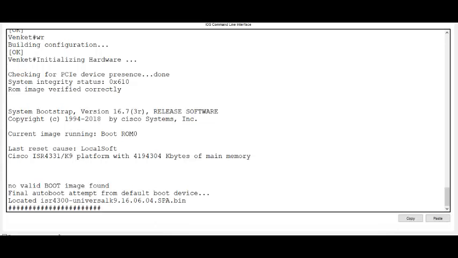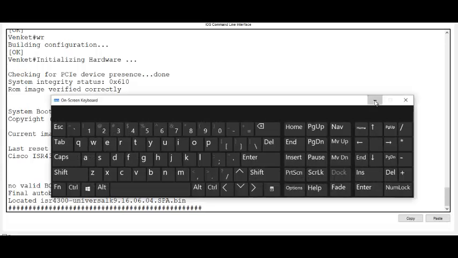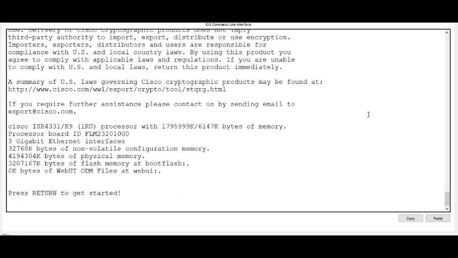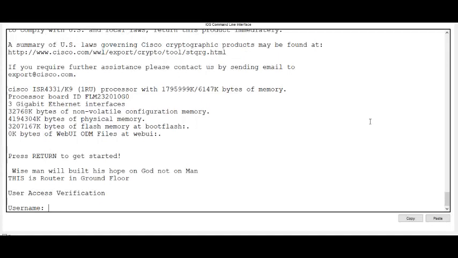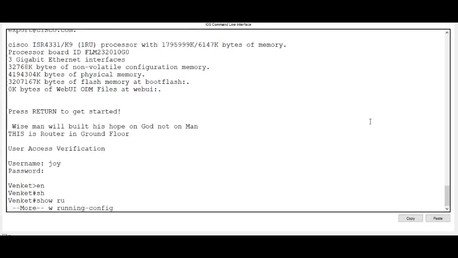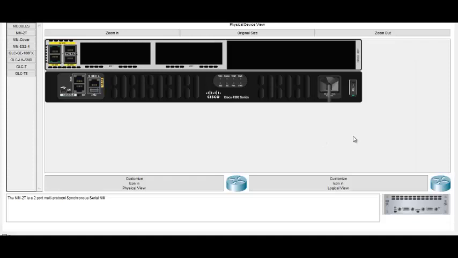Now you see, we know the password and username. Joy. Show run, but the passwords are encrypted. After one month, you try to recall the password, but it is not possible for you to recall. So you decided to